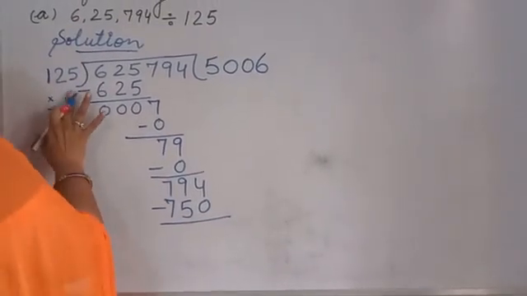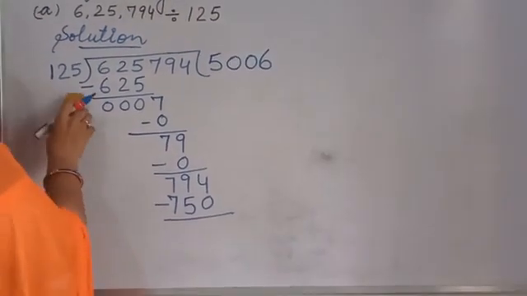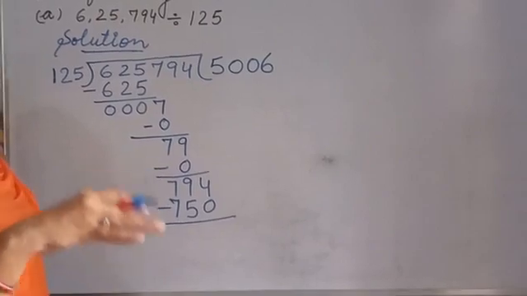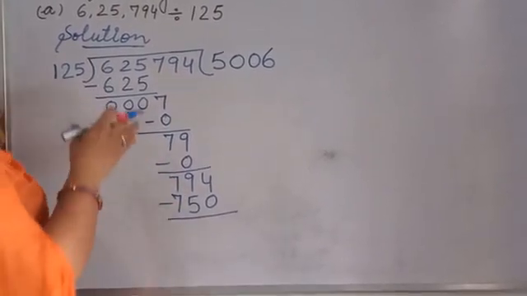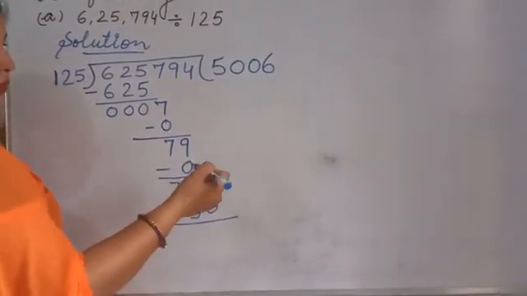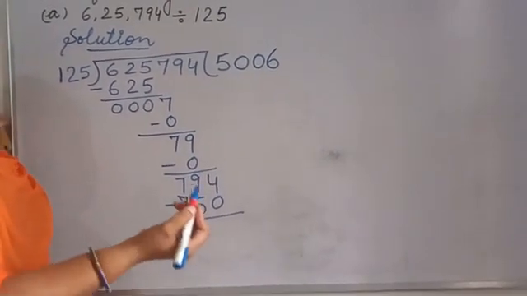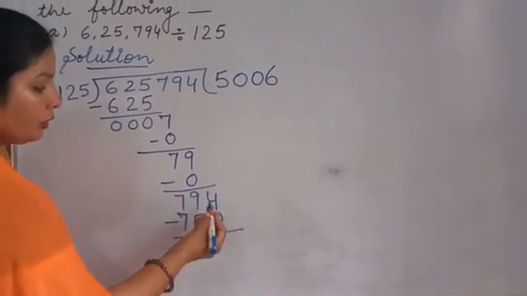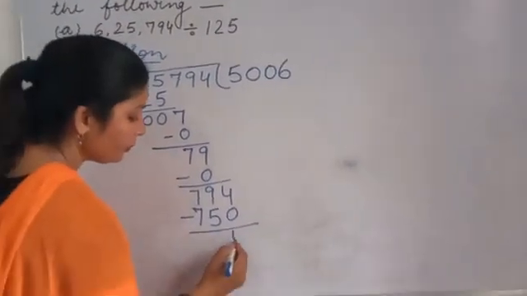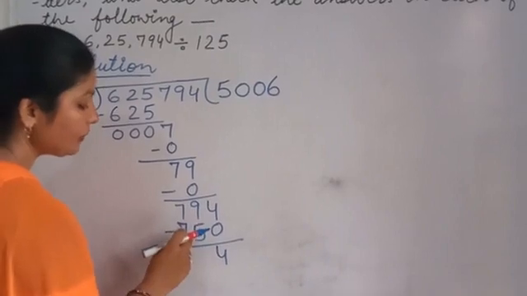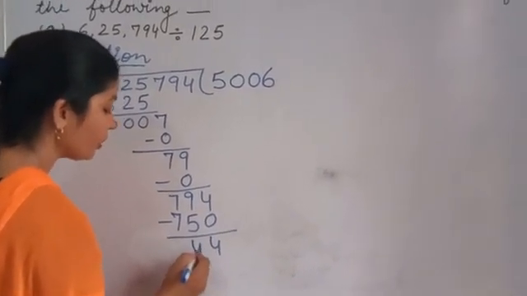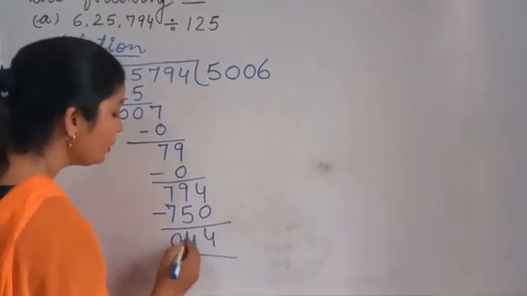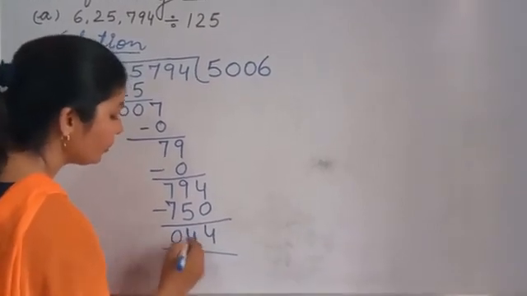Now we do minus. So we make the table. If we write the table, it takes a lot of time. So orally we can find at which number we have to take, and like this you can do. Because if we write a complete table, it takes 5 minutes. 4 minus 0, 4. Now 9 minus 5, that's also 4. And 7 minus 7, 0. So what's your answer? 44.